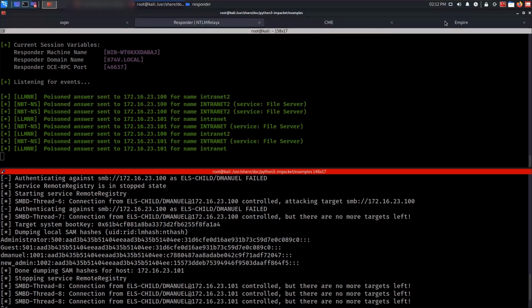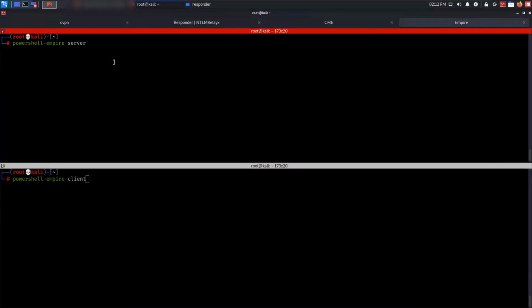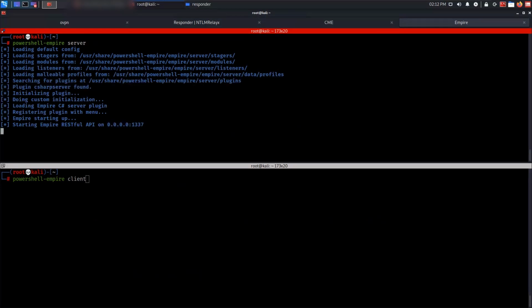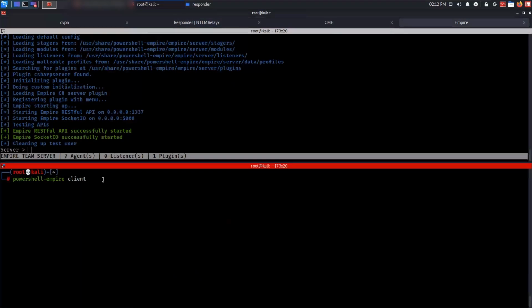This is where PowerShell Empire comes into play. When we set up PowerShell Empire as this post-exploitation tool, we set this up to configure agents. We want agents coming back and listening to us. The first thing we want to do is start our server. That'll get loaded. Our server will be running on our local machine here, and that's what we're going to use to have our agents call back, our listeners set up and execute on our machines within our network that we're